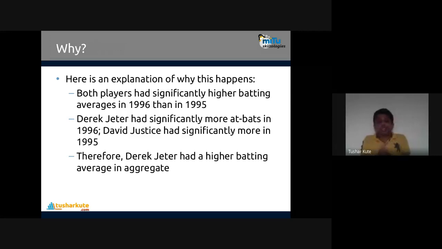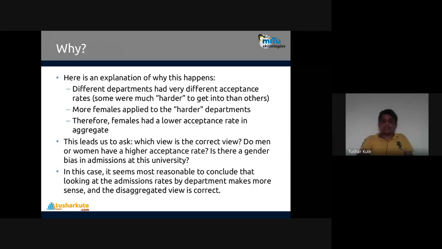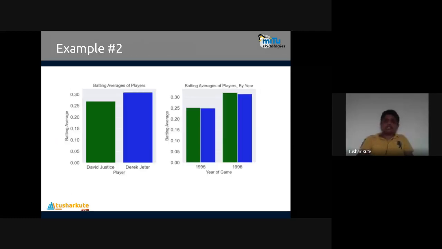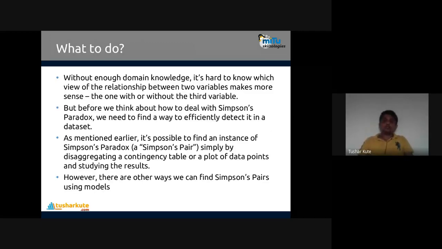In such cases, modeling of data is different and it will collapse. Your logic will collapse completely. Prediction modeling will also collapse if you have such a thing. Impact of a third variable is present there. In the first case, we saw the impact of the third variable was the department, and in this case, the third variable is year. Because of that, the impact is changing. The model that is present in the data is completely changing. Okay, so it's called Simpson's paradox.